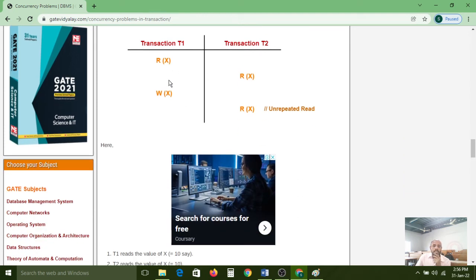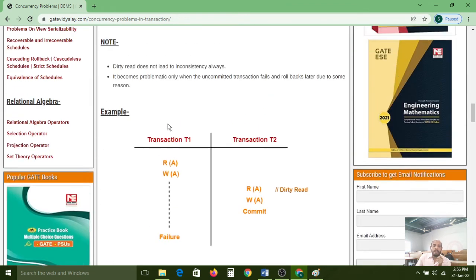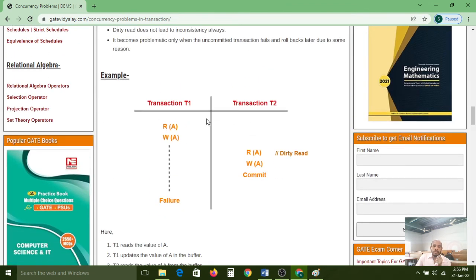Nothing but these two are in buffer mode, not permanent mode. The previous transaction T1 is waiting. Here the commit statement is not performed by T1, but the T2 transaction has performed its commit statement. But it also gets the dirty read problem at this level, because before commit, the read value it is collecting from the buffer, but T1 fails. The read value was written by whom? The T1 transaction.